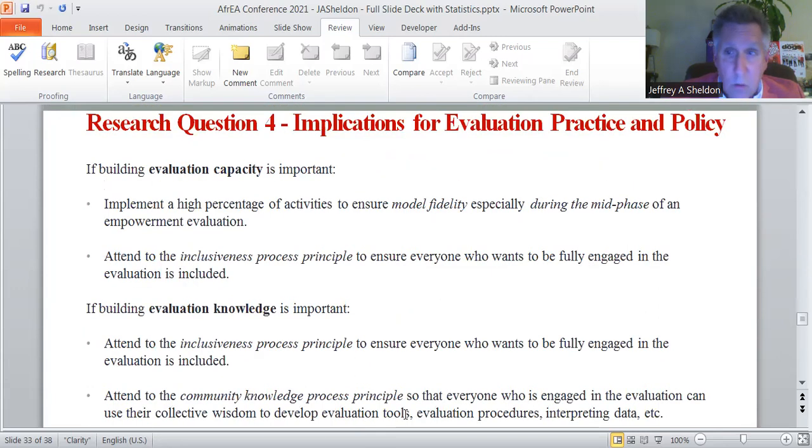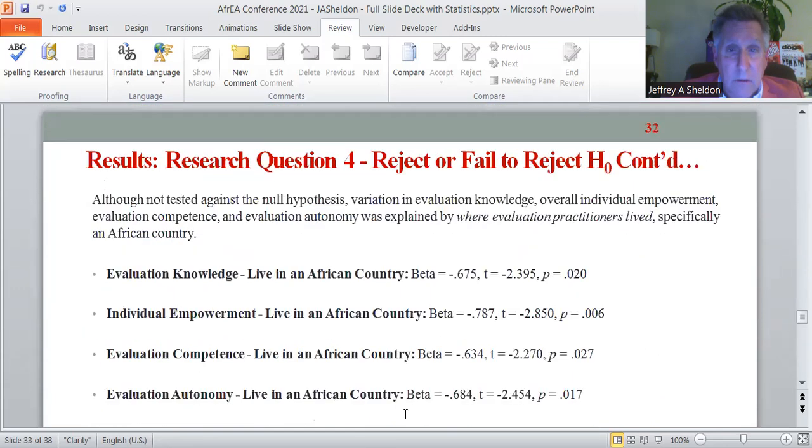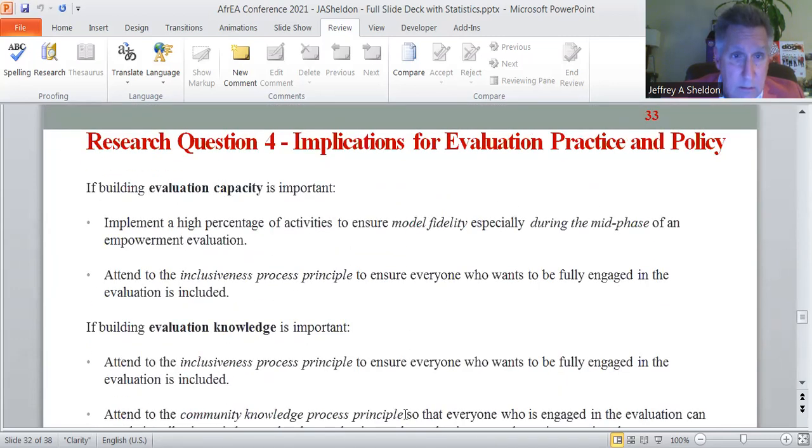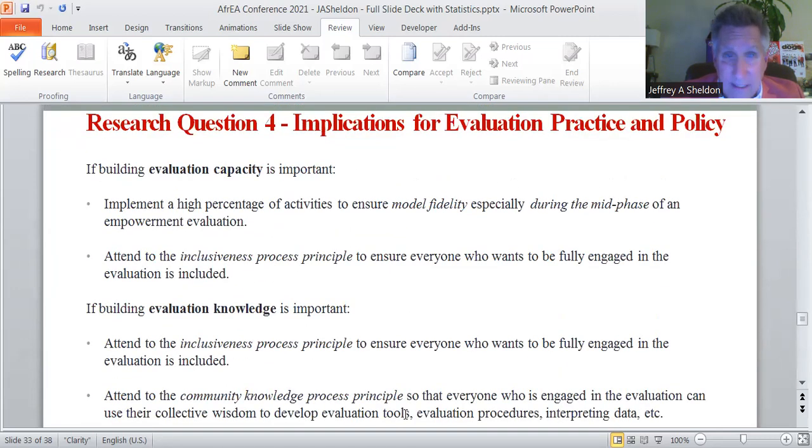Okay, so what are the implications for evaluation practice and policy based on research question 4? Okay, this is really the money. This is the money part of this presentation, because the other